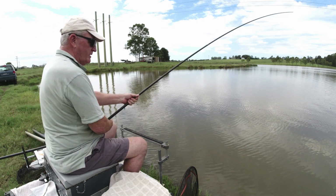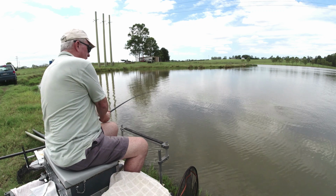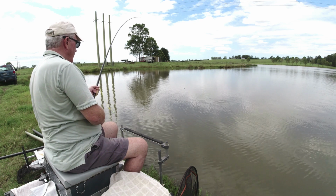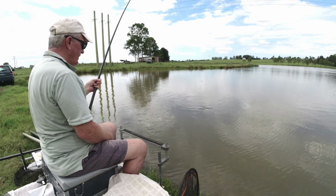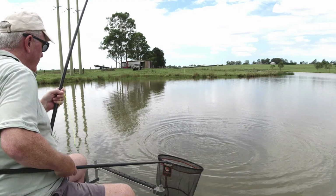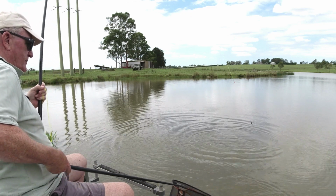This one's not massive, but I think we'll catch maybe 1 or 2 on the sweetcorn first of all, just to see if we can sort of get them started to come, and then we'll change to a piece of paste and see if we can still get them coming, and then we'll try that banded pellet. As I said, it's kind of like a boilie I make into a pellet sized bait and put turmeric on it. It's actually made out of turmeric too, but